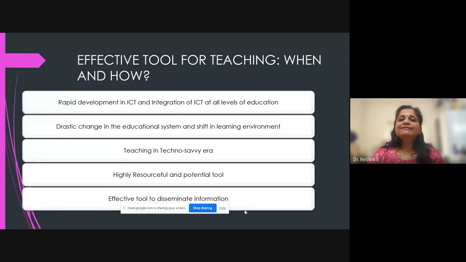So in this slide, I'm going to trace the beginning of e-content, or rather when e-content becomes very prominent. So the rapid development, when you trace the past years, we could see, especially when we moved from the 20th century to the present 21st century, we have seen rapid development in information and communication technology, and as in any other fields, we could see the